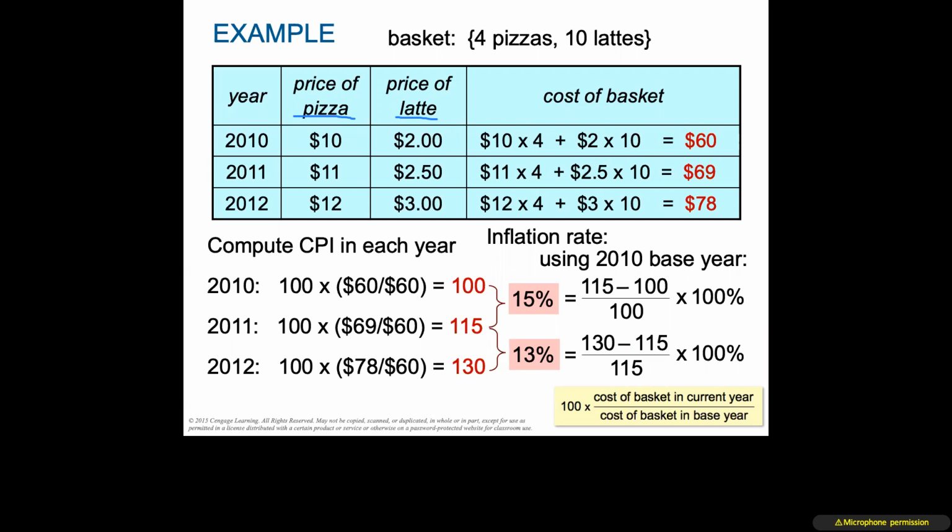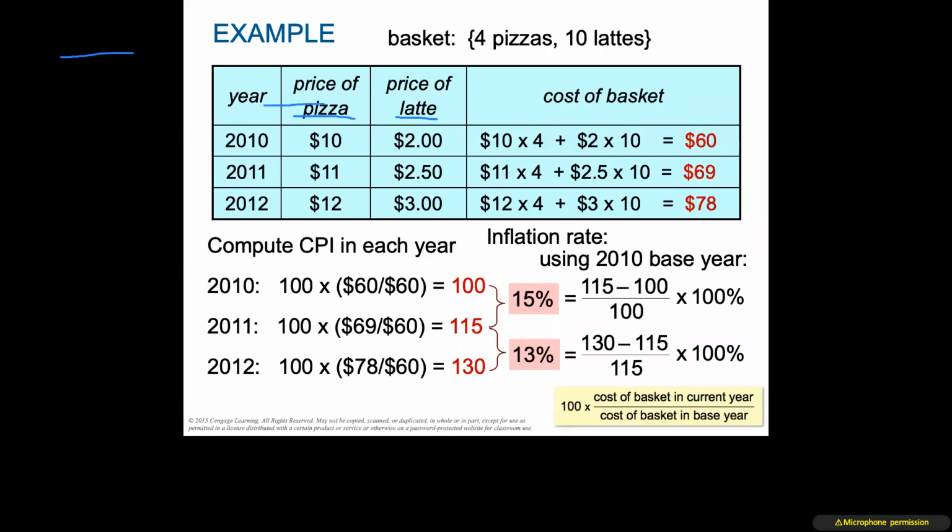Now clearly this is a simplistic approach, but just like we talked about in chapter 2 and 3, economists use simplistic approaches to examine more complex issues because it allows us to actually see these concepts on paper. So what do we do? We go out and we find out the price of pizza for every single year. So we need to find out how much a pizza costs.